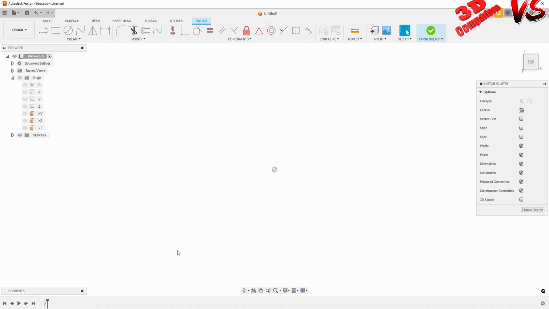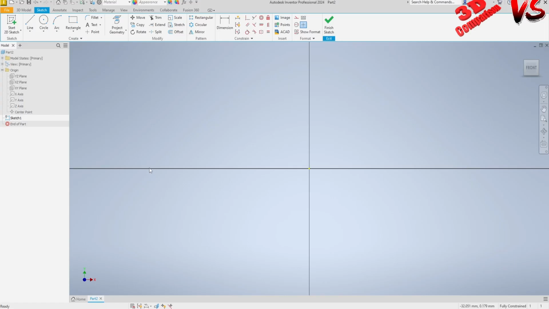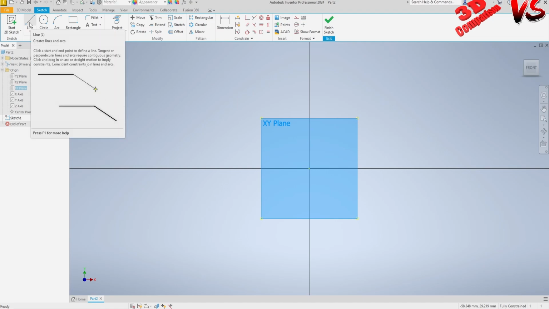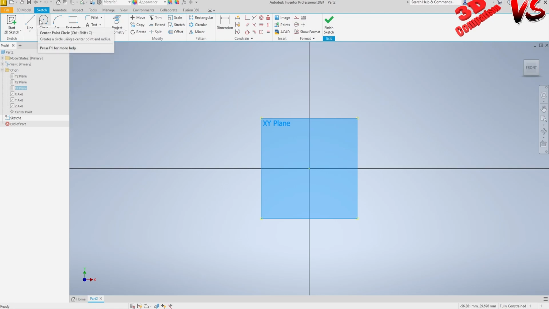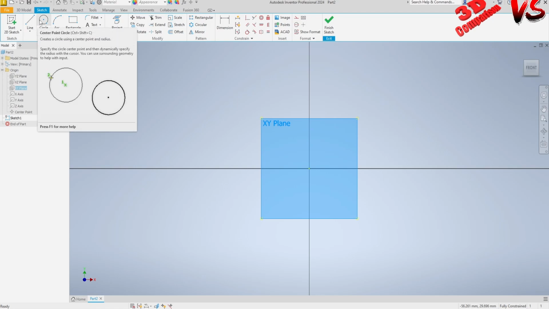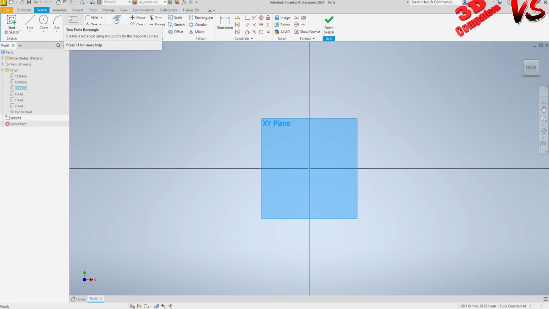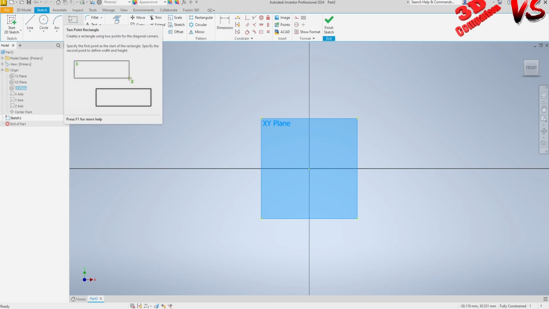And if we take a look at the last one, this will be Inventor. We're going to see the orientation over here for the planes. So again, we're going to have the X and Y. The sketch tab will be available over here. Again, if I leave the mouse on a feature, for example, line, we're going to have that information added. If I just move the mouse, for example, to the circle, we're going to have that information for this as well. So overall, Fusion doesn't offer so much information like Inventor Professional, as you can see over here, but